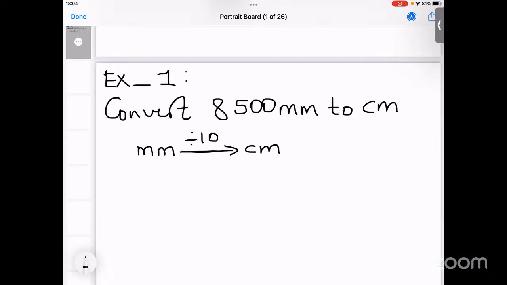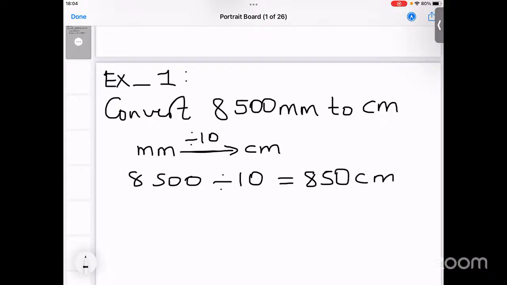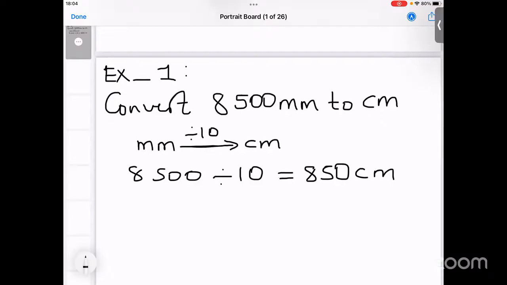So that means what we are going to be doing with this calculation is to take that 8,500. What we do is just to divide it by 10. And the answer that we get should therefore be 850. Now it is in centimeters. That's how we easily convert it. So now let us